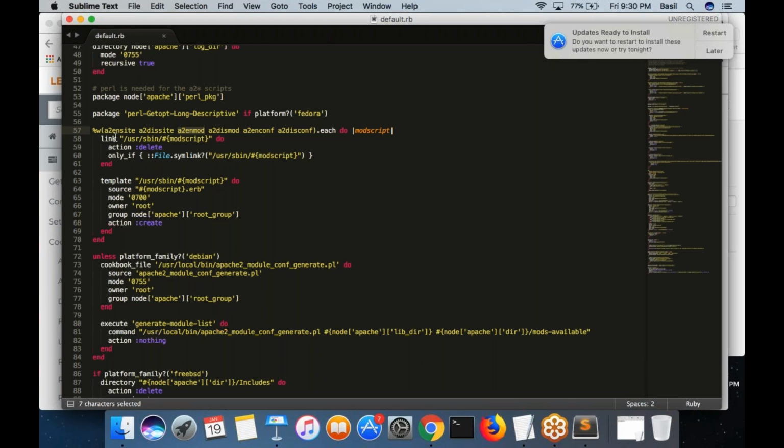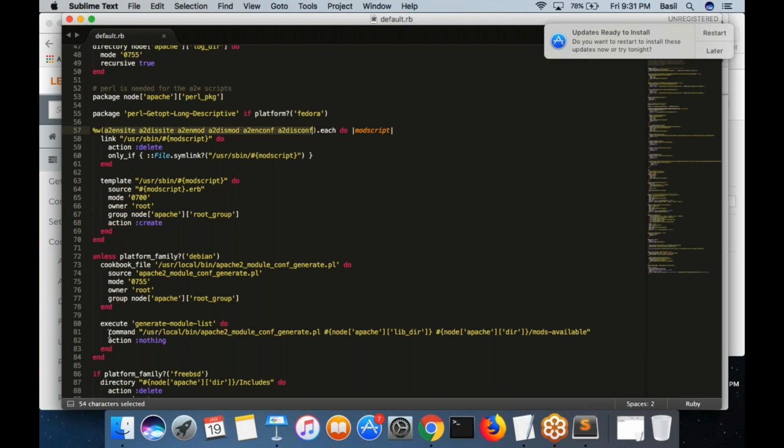So what is your intention when you want to use Chef? You don't want anybody working on the machine manually. You don't want anybody running this command to enable a module. That's not something that you want. You don't want anybody working on your Apache machines manually. You want Chef to manage the machine. So what you are doing is removing all these binaries so that people will not be able to run these commands.